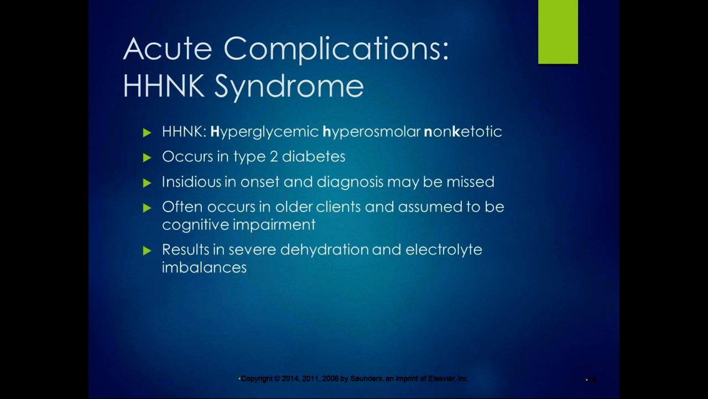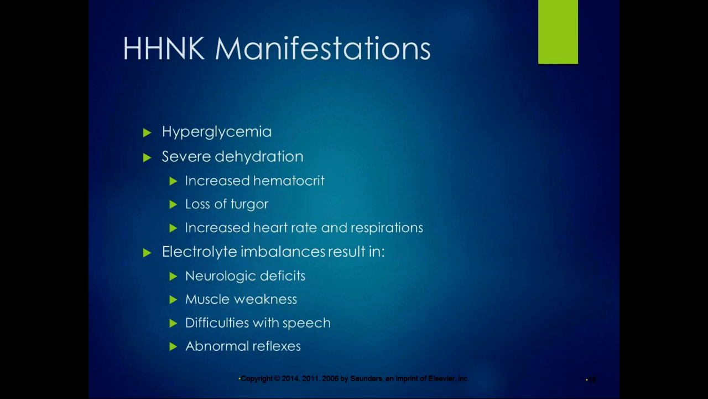There's another acute complication that's called HHNK syndrome, which is hyperglycemic, hyperosmolar, non-ketotic syndrome. It occurs in type 2 diabetes. It has an insidious onset, so the diagnosis may be missed. And it often occurs in older clients, and it's assumed to be cognitive impairment. So they say, oh, it's missed because it's assumed to be cognitive impairment. It results in severe dehydration and electrolyte